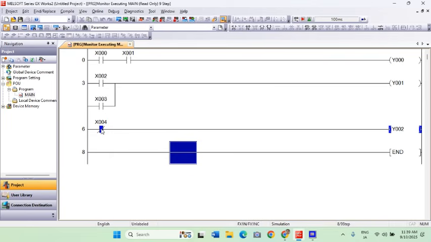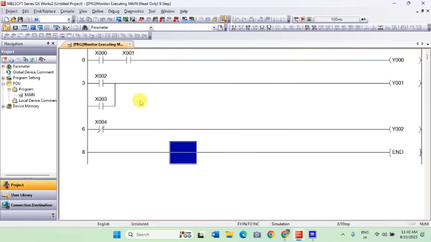Let's try to press this push button. Shift Enter. And then when I give a signal of 1, or when I press this button, the output is de-energized, or let's say the lamp is turned off. So this is the equivalent program for the NOT function.